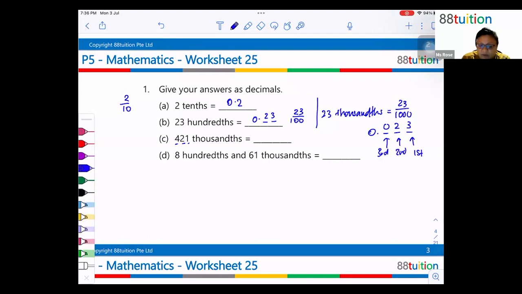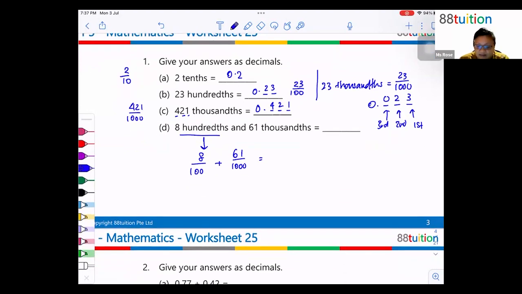So again, 421 over 1,000, that's 0.421, 3 decimal places. So that's 421 over 1,000. So fill it in from the back, 1, 2, 4. Okay, now then you have 8 over 100, and 61 thousandths. So what do I have here? It's either you make the decimal into times 10 and times 10 so that you get 80 over 1,000